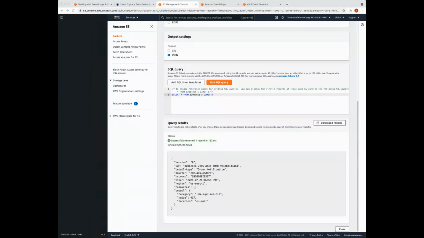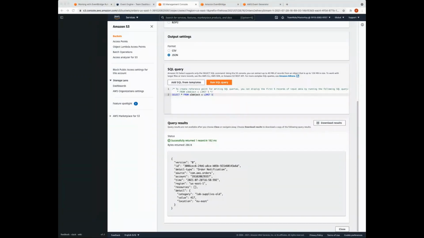Okay, so to recap what we just did, we created a rule that filtered all events from the orders source and routed it to Kinesis Firehose, which then delivered that event to an S3 bucket, which we've seen. So if we're all good, we're going to move on to our Step Functions challenge.